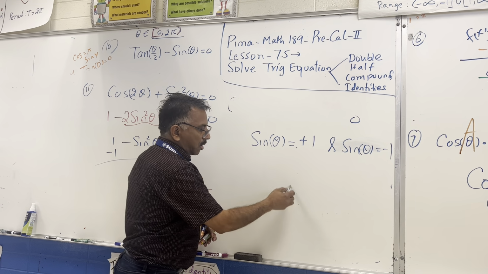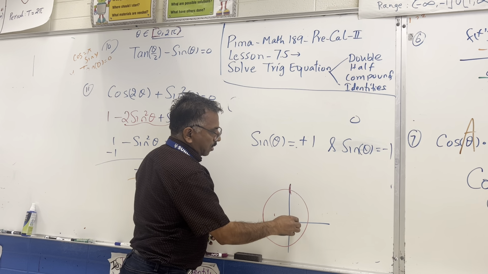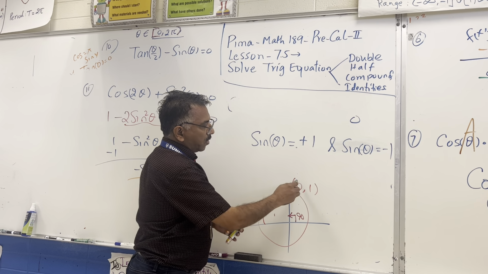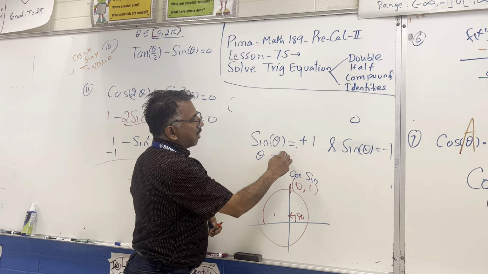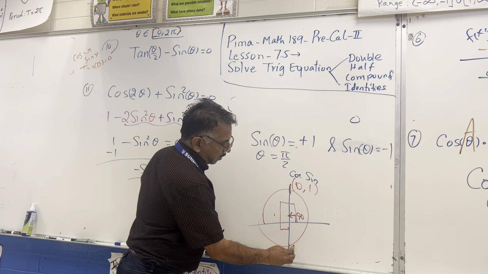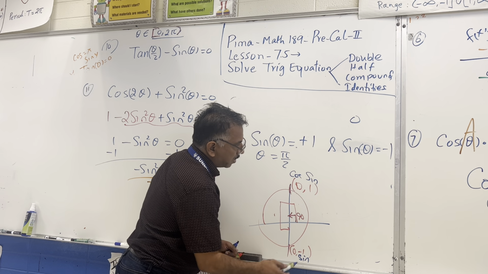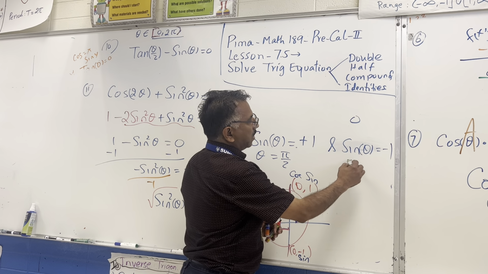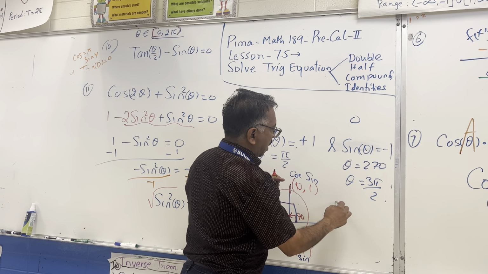So where is sine theta? For what angle is sine 1? If you see this angle when it is 90 degrees, this is 0, 1, and that's cosine, and that's sine. See, sine 90. So theta has to be pi by 2. And also, if you go this way, 270, this is 0, minus 1, that also is sine. And sine of 270, so theta has to be 270 degrees, which is 3 pi by 2. And these two answers are